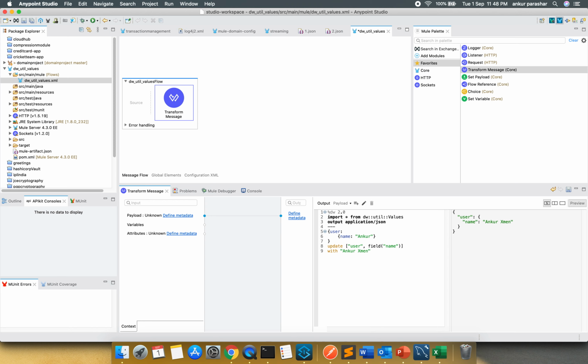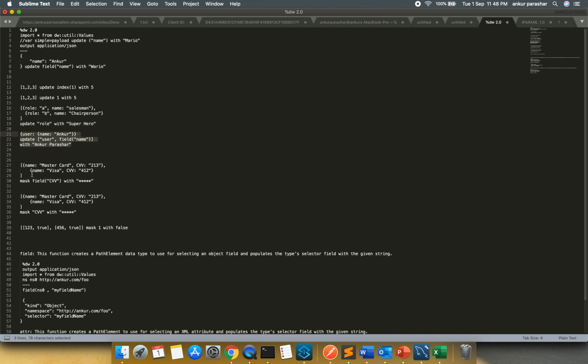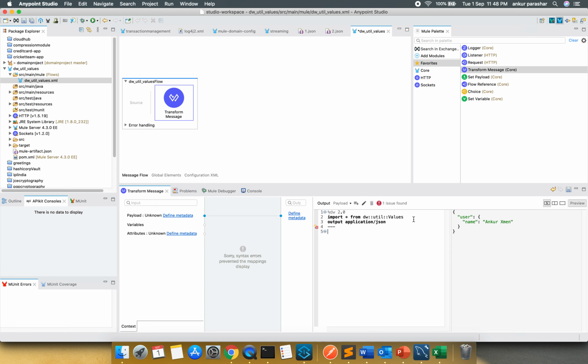Now let's check out the masking option. Let me take this particular example. I have some payload in which MasterCard and Visa cards are listed along with their CVV, which are visible to the naked eye, but I don't want this to be displayed.